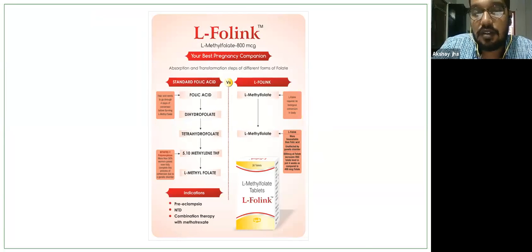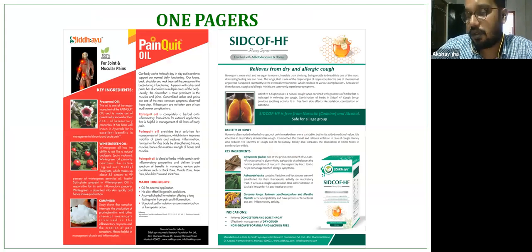Now the third kind of literature is basically something that I call one pagers, right? Now, one pager, in the easiest way if I want to explain, is something which incorporates almost the entire information about that one product. So a one pager doesn't have much else, you can put as much information about your product as possible on one page, that is basically a one pager.